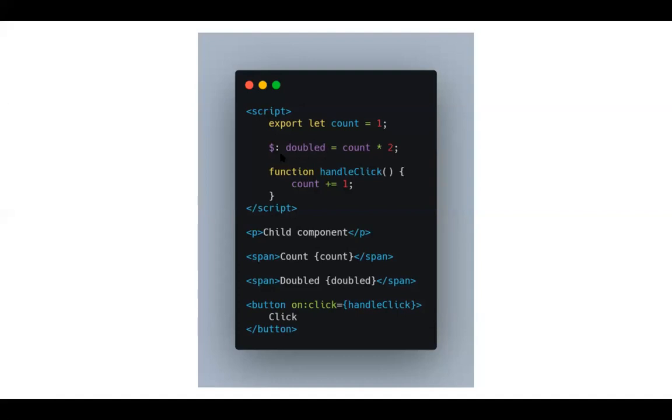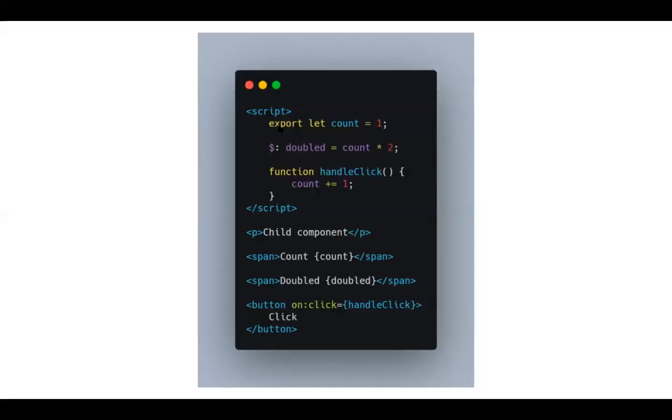But in this case, we have to add this doubled value. And how do we add it? We do the same thing, but in this case, we have to use this $: sign in order to make it a reactive declaration. Otherwise, this value won't be changed, because we have to specify that this double value is a reactive declaration with this special notation $: